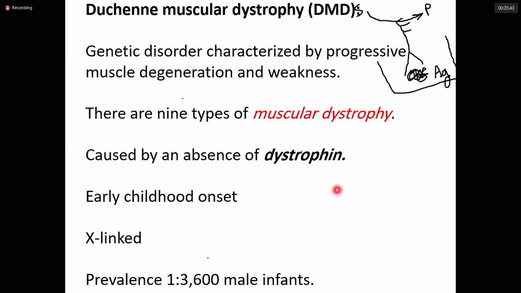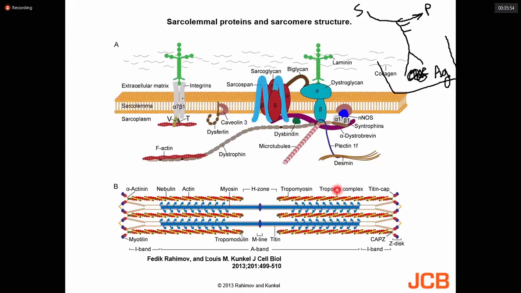And when you say 1 in like 4,000 males will suffer from this kind of disease, it's a high prevalence for genetic disorders. And just to know what we are talking about, this is the dystrophin protein structure that is required for the integrity of the muscle tissues. So when we have such a deficient condition of dystrophin, the actin proteins cannot make the right connection with the muscle cells in order to have the